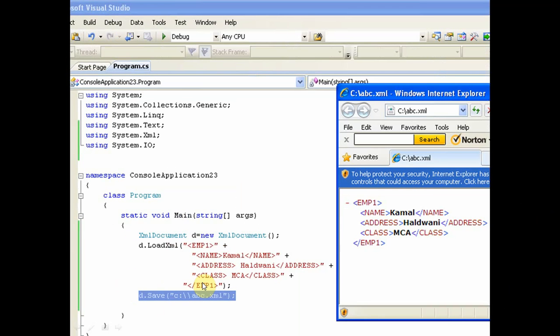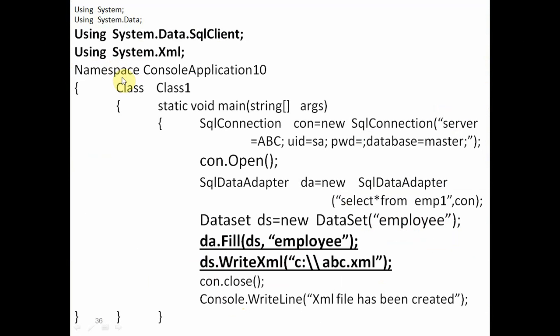Now in the second program you can see we have changed it. In place of Console.Out we have written here c colon slash double slash xml abc.xml. Now the same program will be transferred to abc.xml, and when we execute abc.xml it will display like that. We click on this minus, then it will squeeze up and be converted into a plus sign, and when we press on the plus sign it will be expanded and show the complete XML file. तो इस तरह से ये XML फाइल को शो कर देगा.